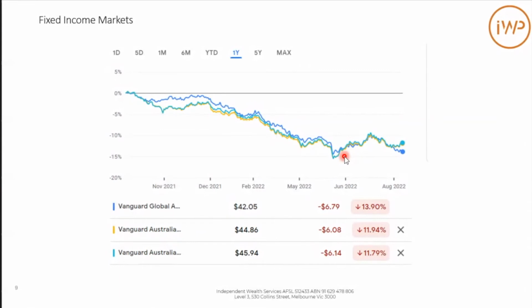And the reality is in bond markets, if you don't hold capital to term, you're crystallising your losses, right? So it's important to understand that. And again, just over the last month or so, we've seen those markets fall off and then rally back up again. However, the global bond index didn't get as much of a rally.